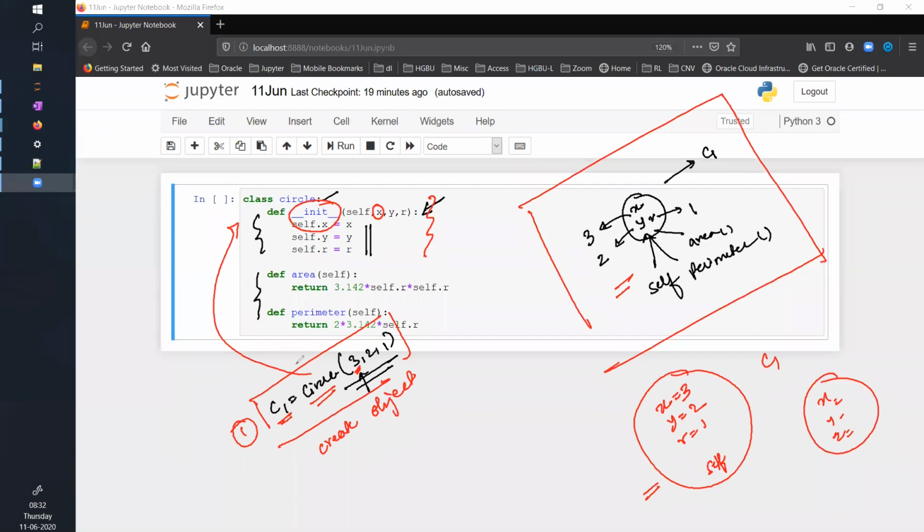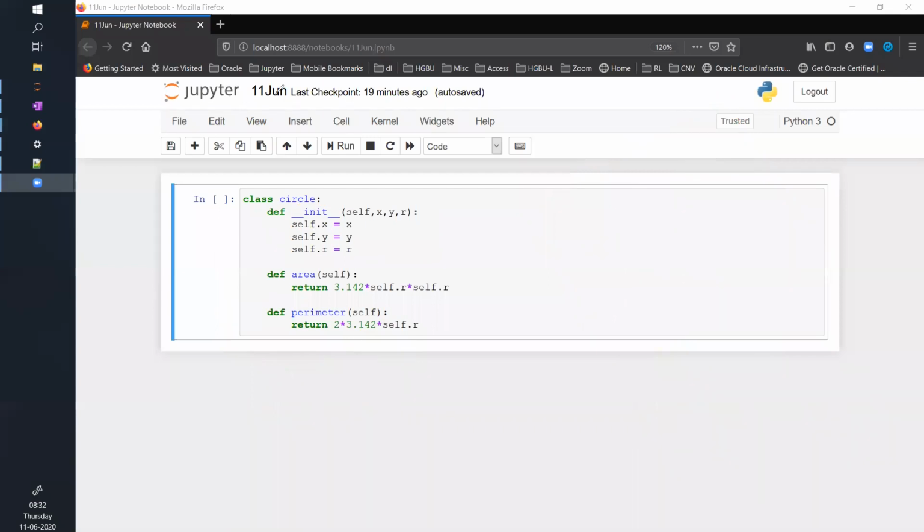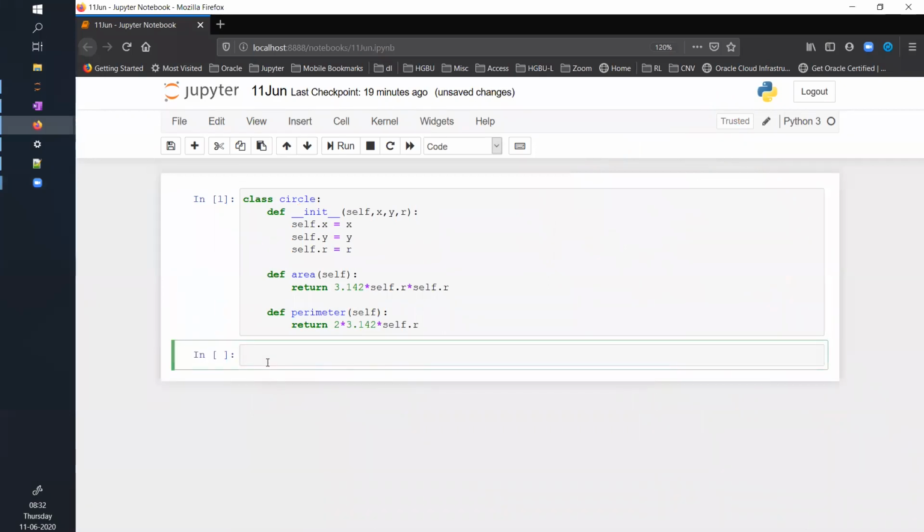Now once I have created this class, let's go ahead and create some objects. How will I create an object? I will say C1 equals Circle, and let's take some attributes 3, 2, 1. And let's add some print statements.